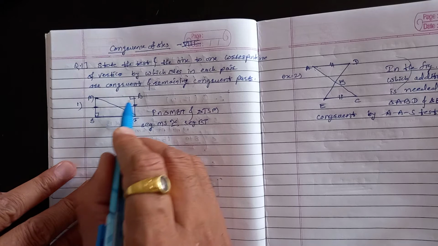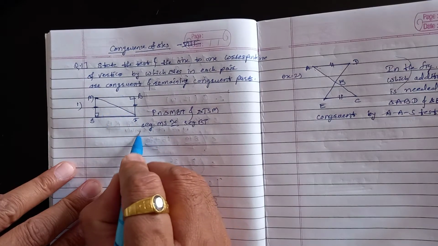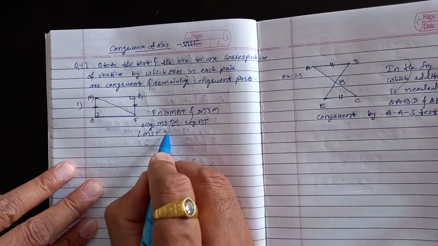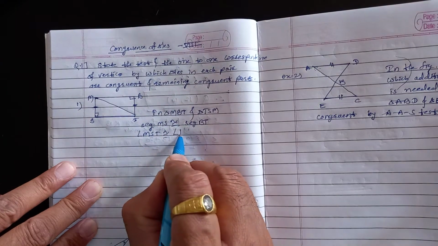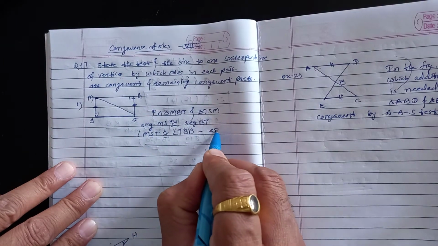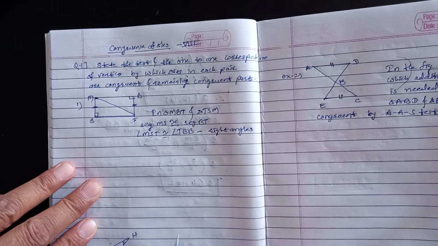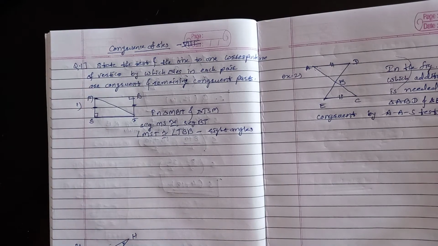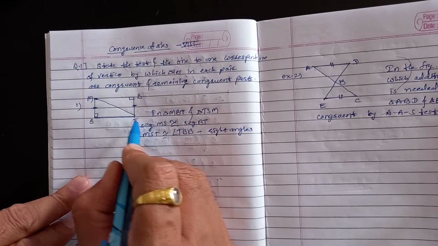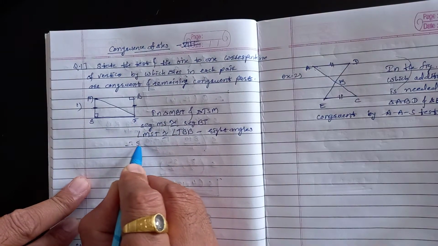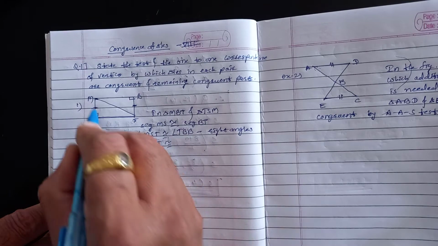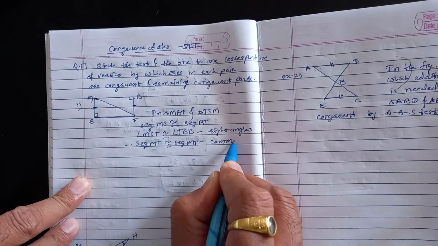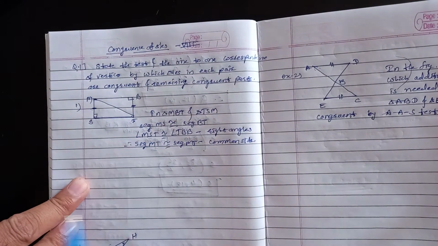They have given this symbol, which indicates what? 90 degrees. So can we say angle MST is congruent to TBM? How? This is what type of angle? Right angle. We know right angles measure 90 degrees, so automatically they are congruent. And one more part is the same. Just observe it. What is the same? Here, this segment MT is the same. So segment MT is congruent to itself. Reason: common side.